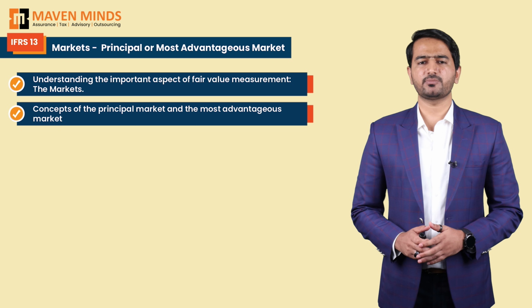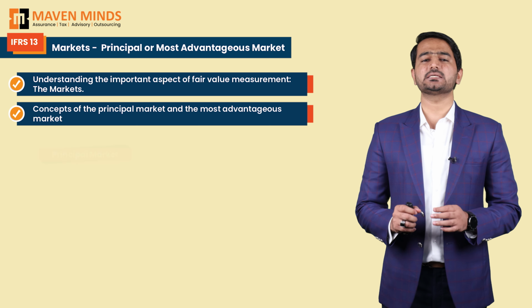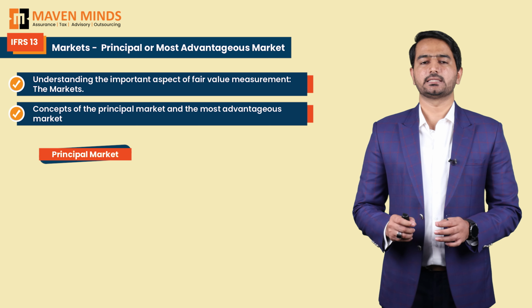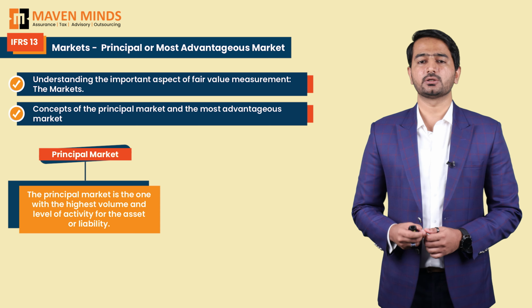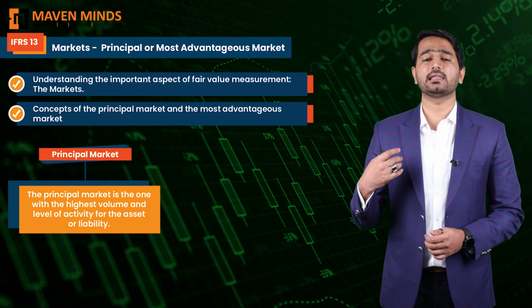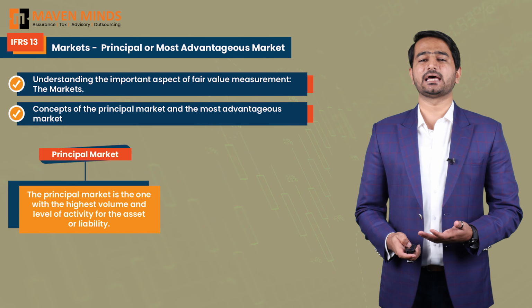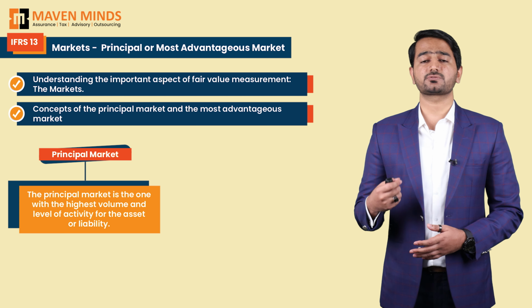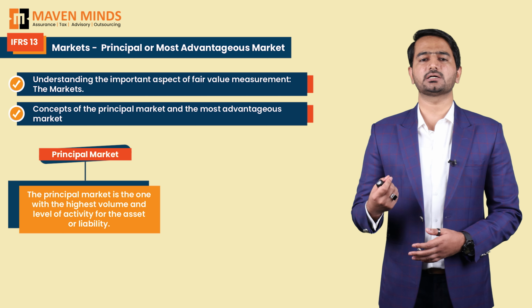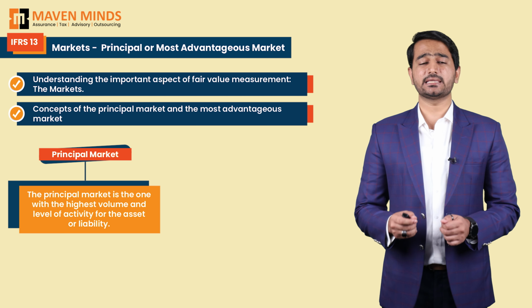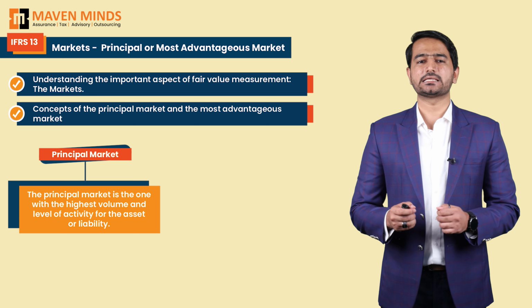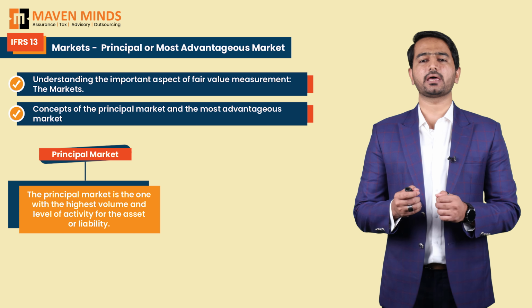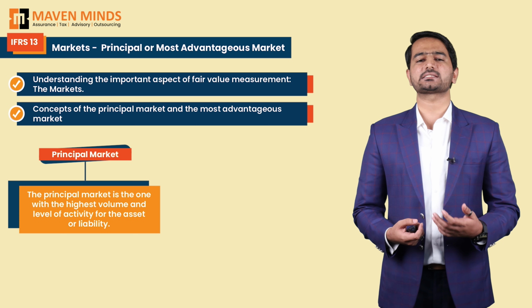The first type of market you should consider is the principal market. The principal market is the one with the highest volume and level of activity for the asset or liability. It is the market where the most transactions for that particular item occur. This makes sense because a market with more transactions is likely to provide a more accurate reflection of asset or